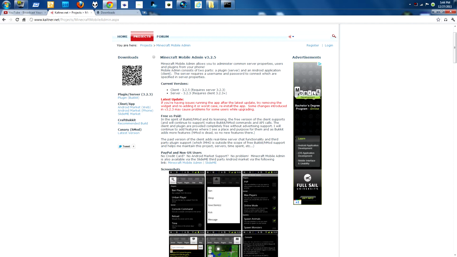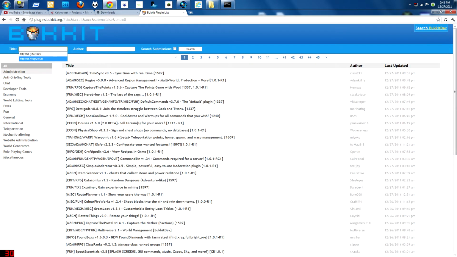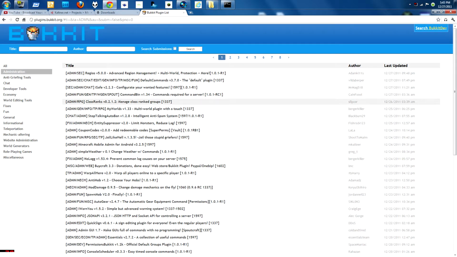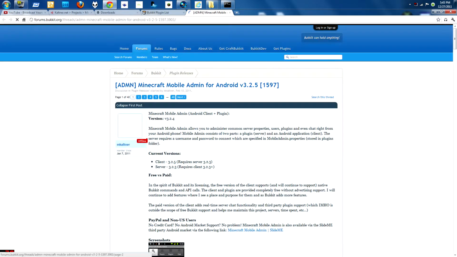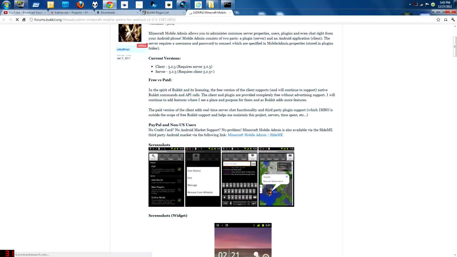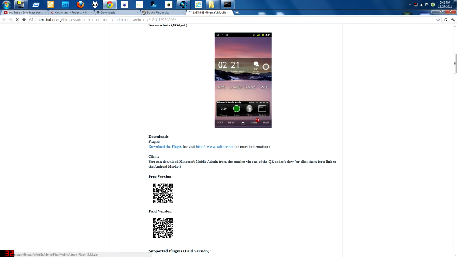So first things first, you want to go to Kaltner.net, or go to plugins.bukkit.org and search up administration. It should be around here somewhere. I'll search for it. It's right here, 3.2.5. No credit card, PayPal, and non-US users. Download. Once you download the plugin, you'll get